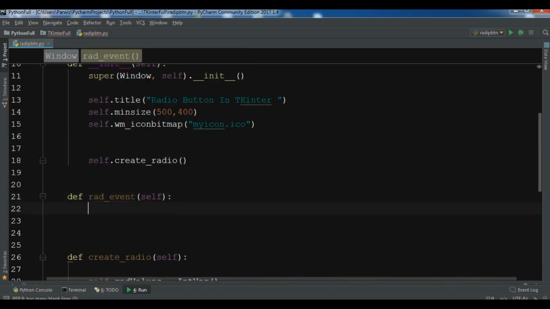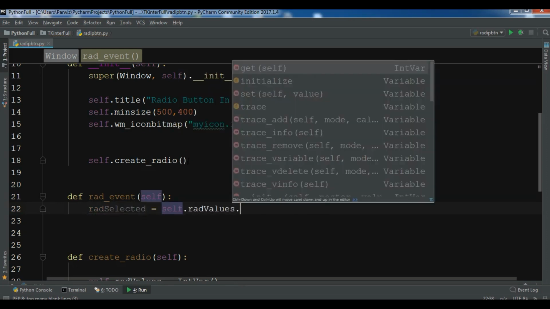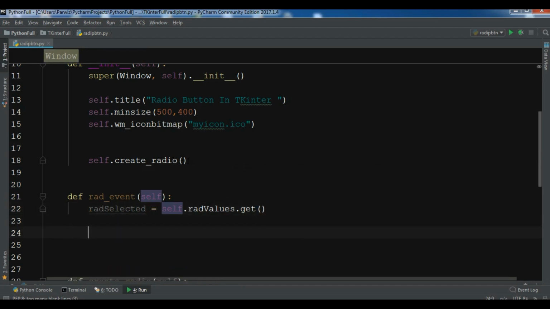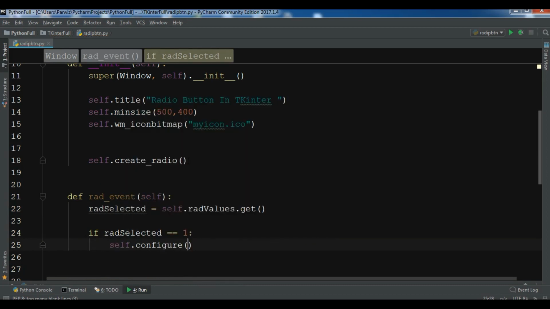So now in here I'm going to first get the value, so that which radio button is selected. You can use self.rateValues.get. Okay, now after this I'm going to check this, so if rate selected is 1, so we need to change the background color to the red color. So background to the color 1,